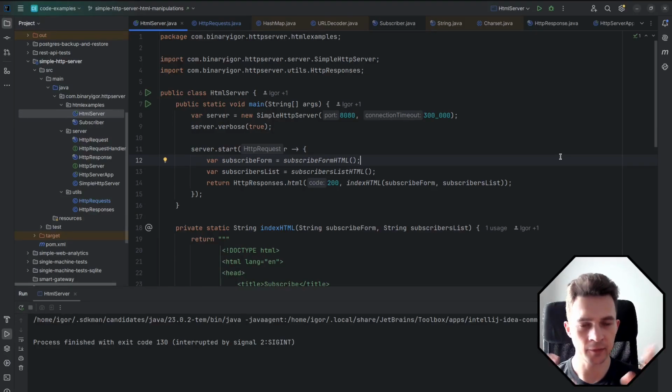Hi guys, today we'll use our simple HTTP server implementation to manipulate HTML. So we'll render HTML and modify it using our own HTTP server implementation. So let's start. We'll use the implementation of the HTTP server that we have created in the previous videos that I